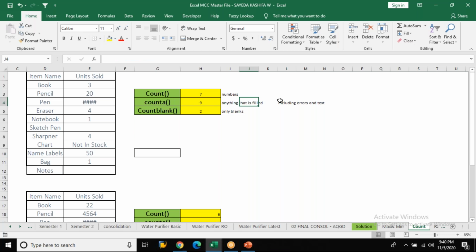Anything that is filled, including errors and text, but it will not count blanks. If you want to count only blanks, then you have COUNTBLANK. It's clearly mentioned here: COUNT, COUNTA, and COUNTBLANK. So you should be aware of that also.